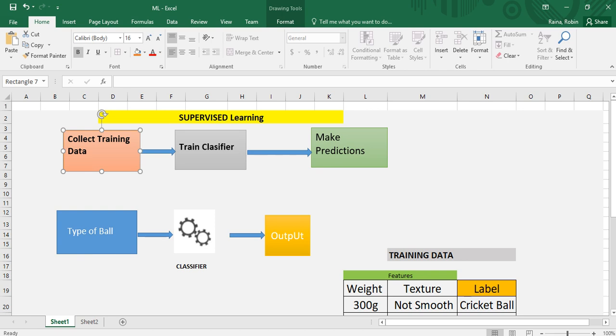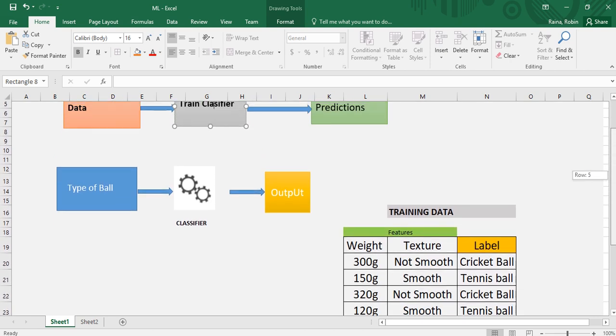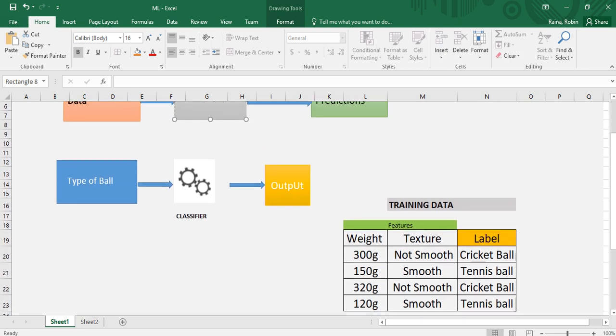So in supervised learning, what we used to do is collect as much training data as possible. Then we train the classifier so that it can classify the data, and then make our predictions. I can give you a small example. Let's say we want to train our data to classify whether it's a cricket ball or a tennis ball. By cricket ball, I'm talking about the leather ball whose edges definitely will not be smooth, a 4-piece leather ball,